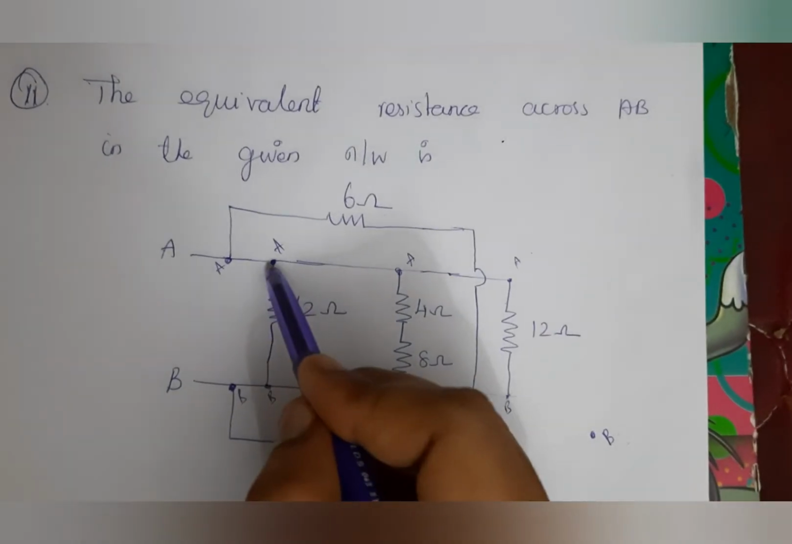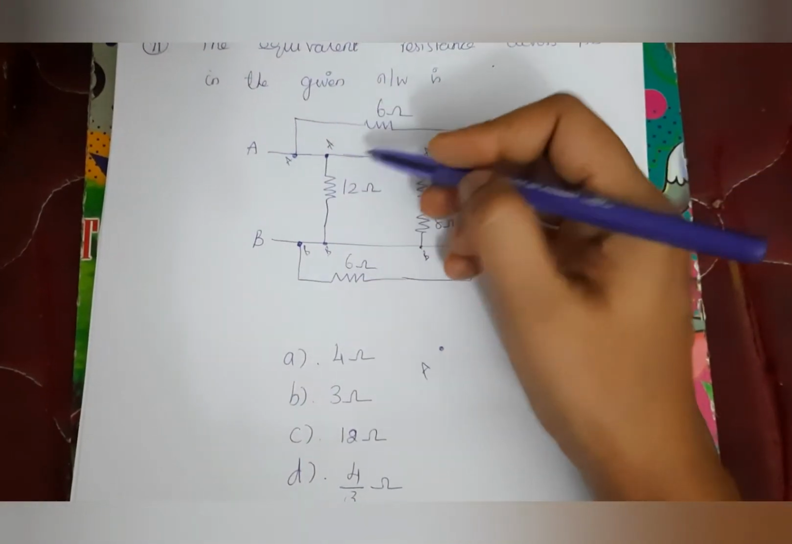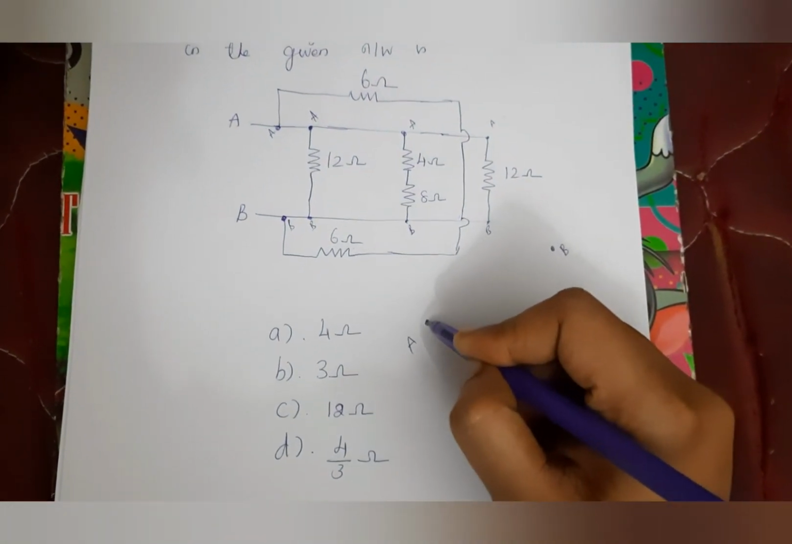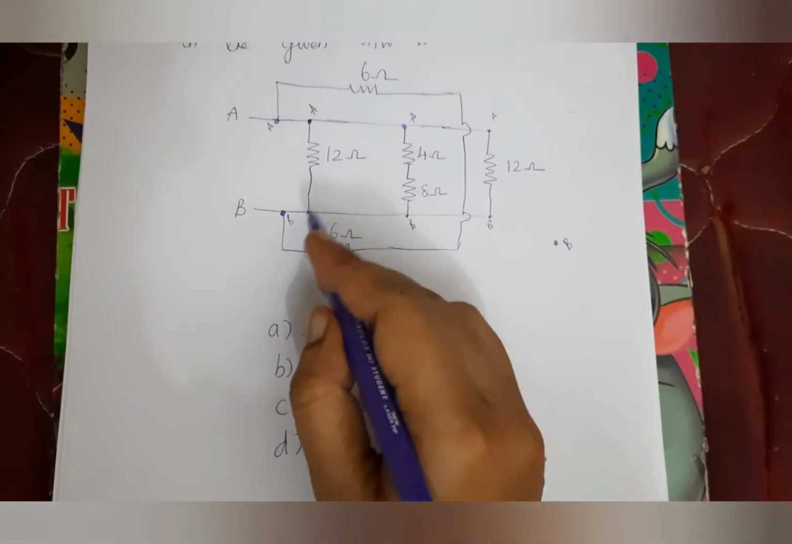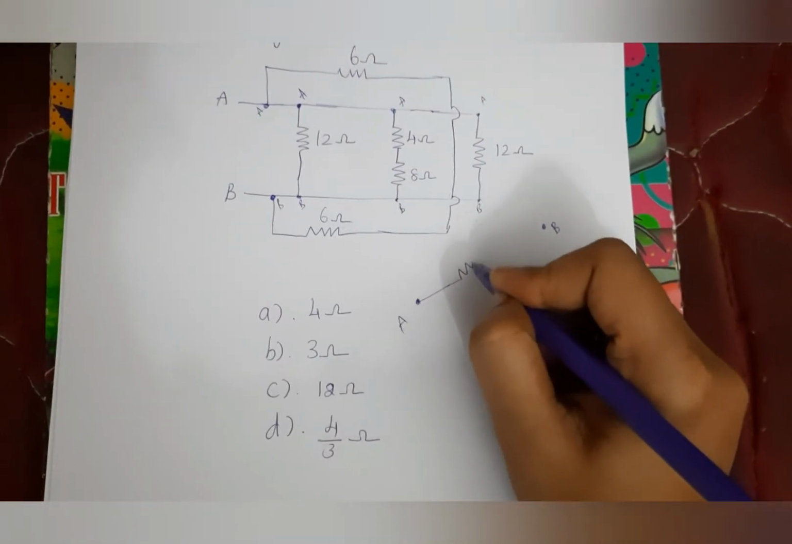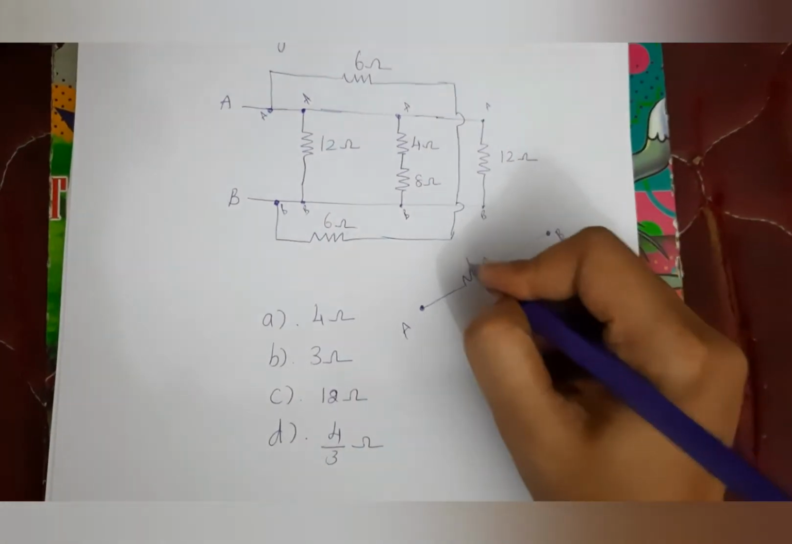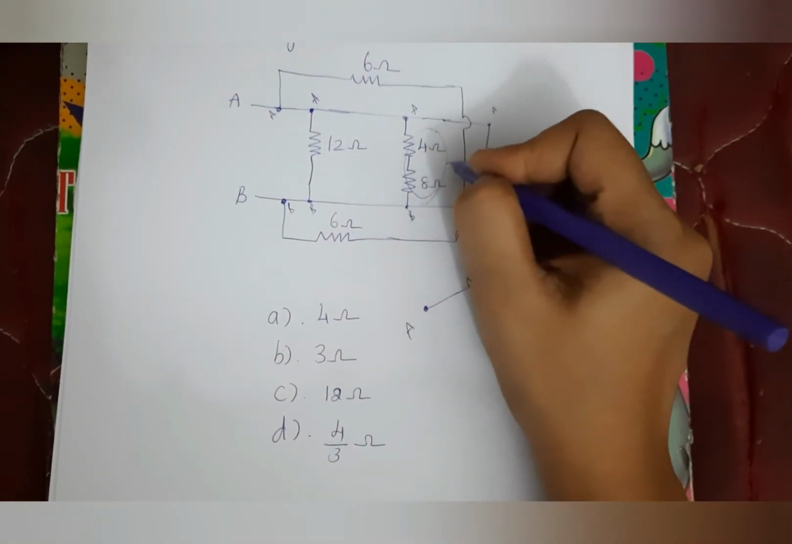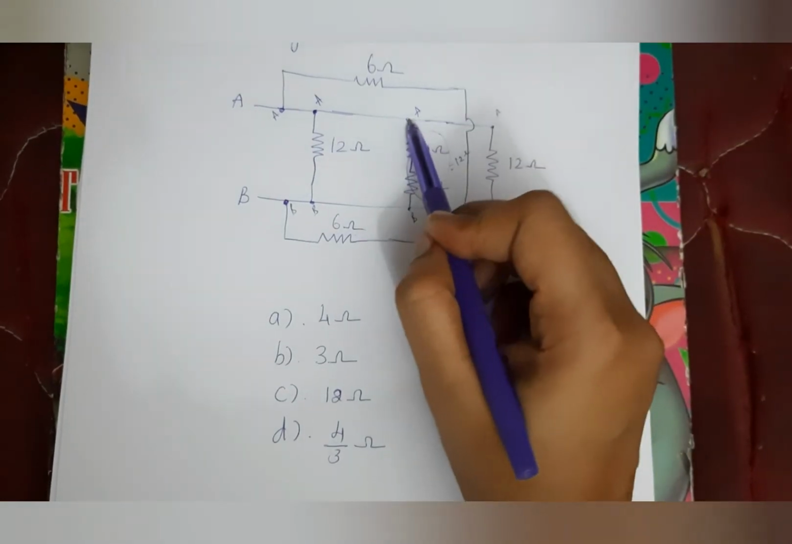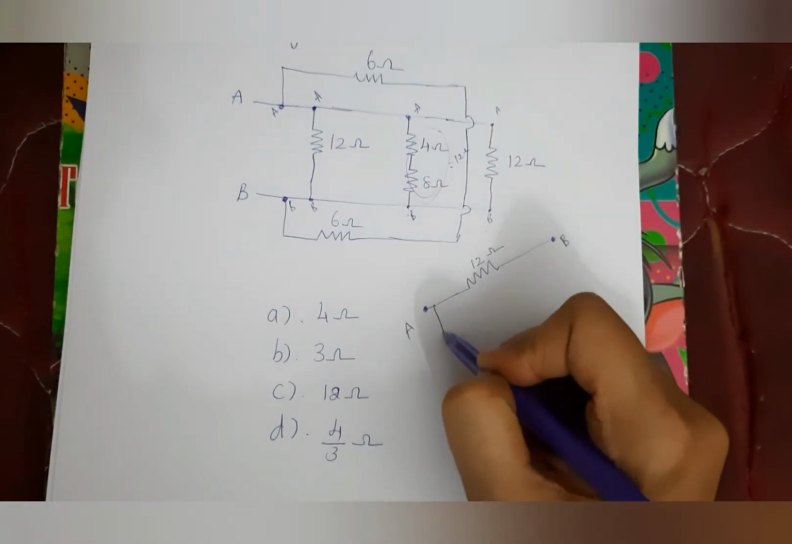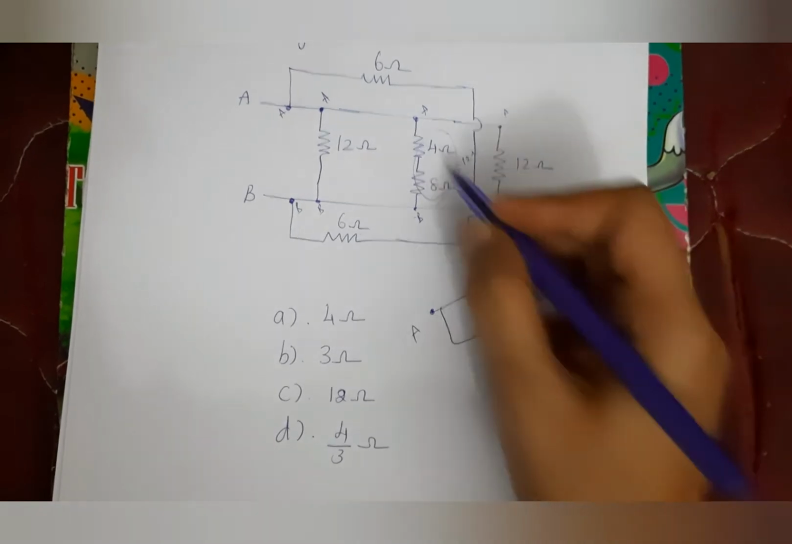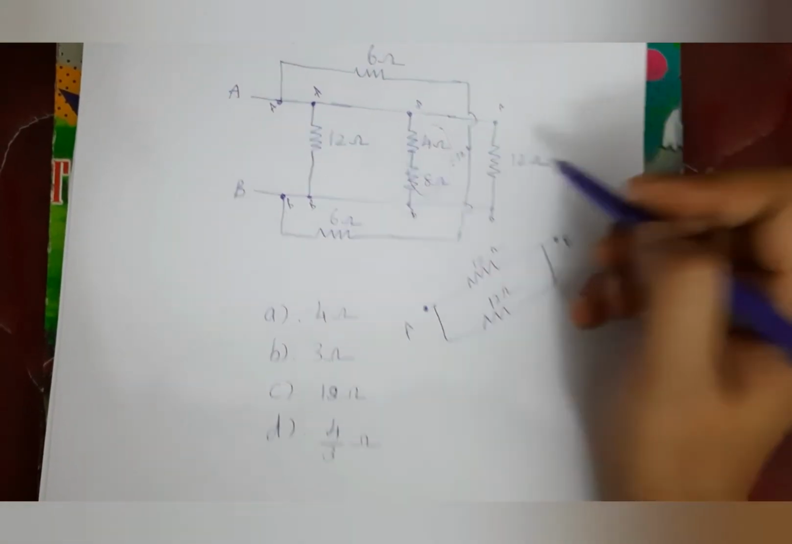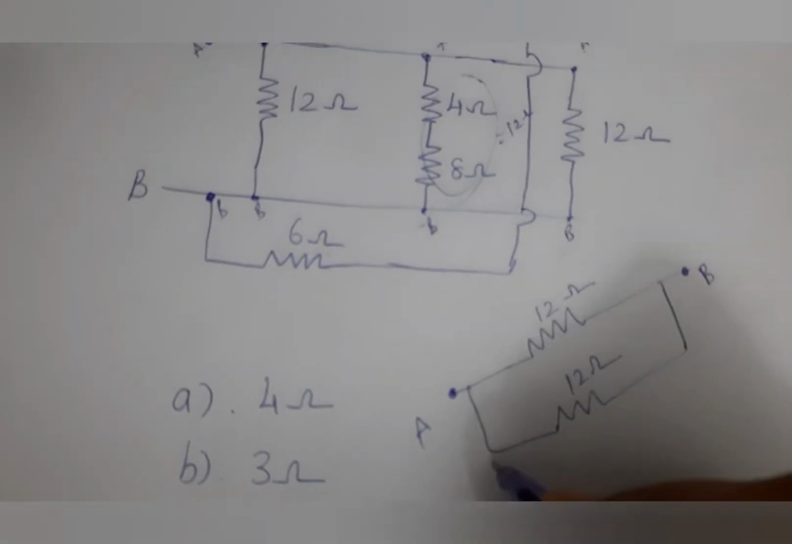So now considering this 12 ohm, one point is connected with this A and another point is connected with this B. So we can redraw this 12 ohm like this, and these two are series connected, and adding this to this becomes 12 ohm. This also is connected with A and B, so we can redraw this as, and this is also 12 ohm. Again this is also A and B, so we can redraw this as